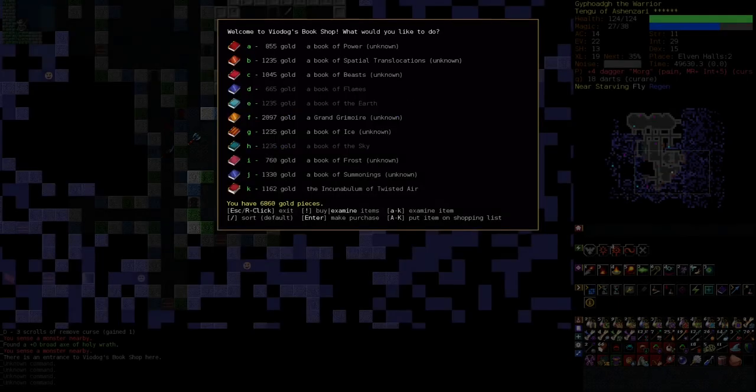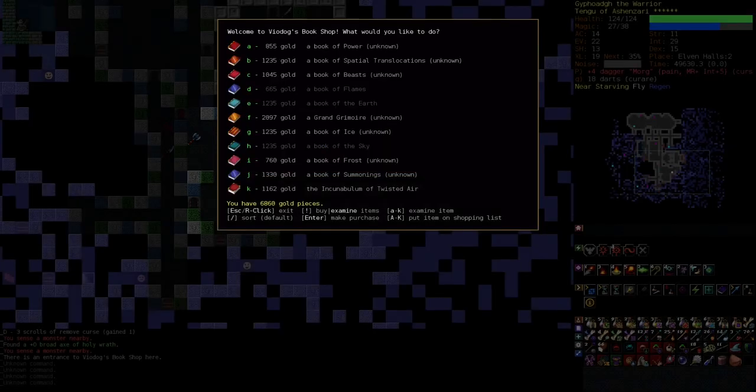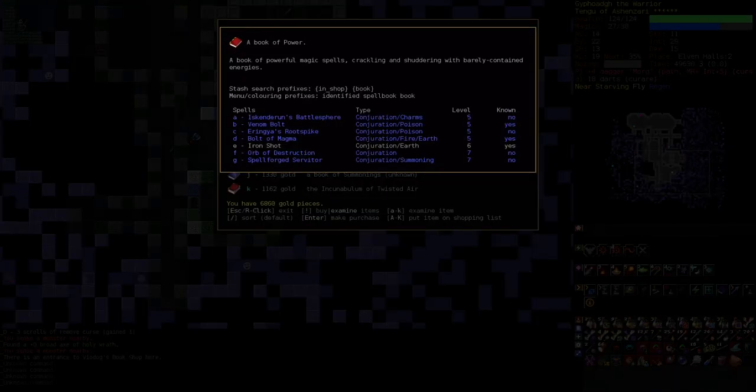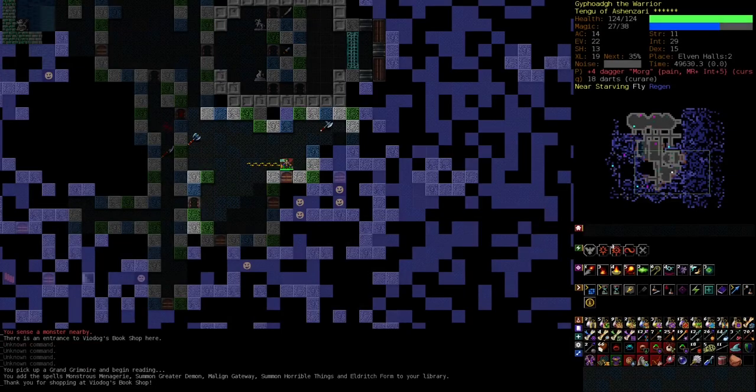I think I'll get the Grand Grimoire. We can go for Malign Gateway. We might also want the Book of Power, but I guess we've already got Iron Shot. If we're getting Malign Gateway, we don't really need Orb of Destruction. So yeah, I'll get the Grand Grimoire,